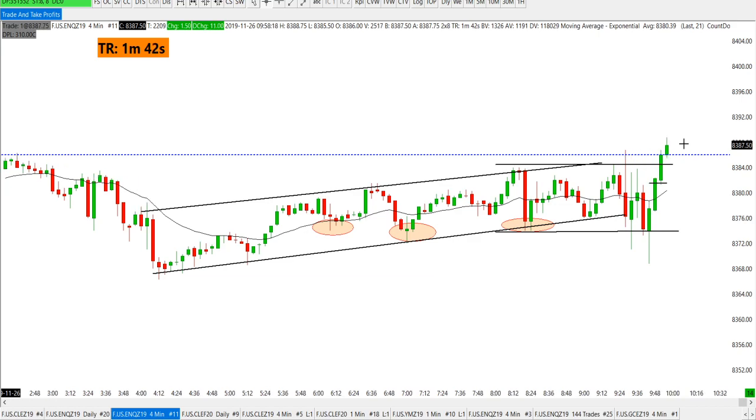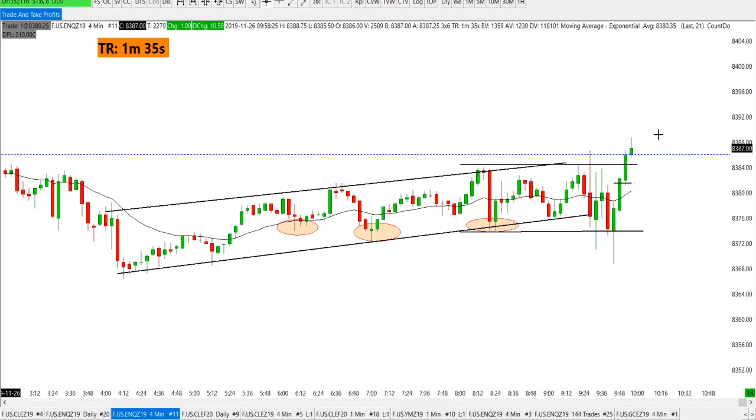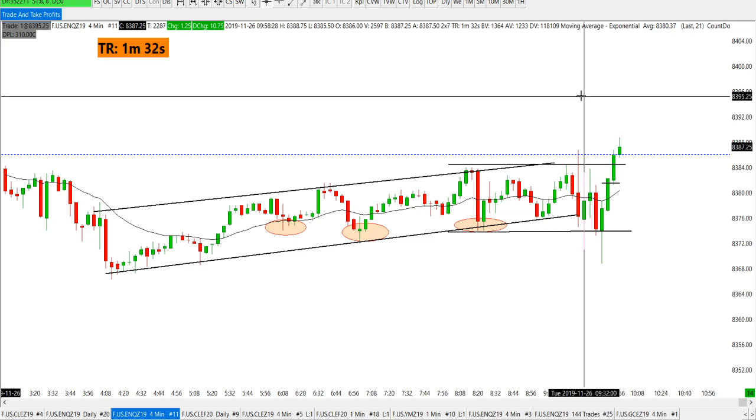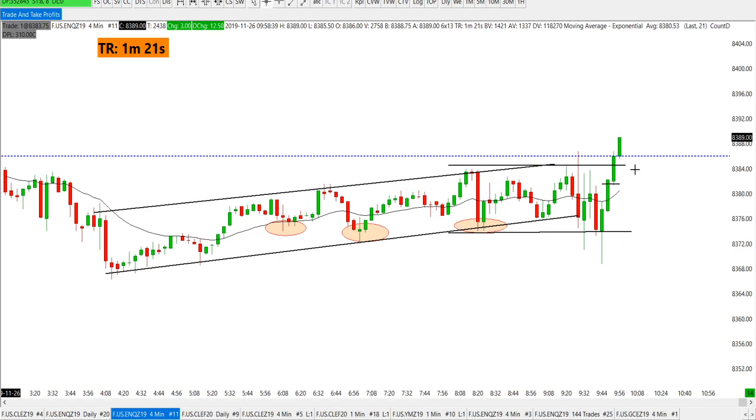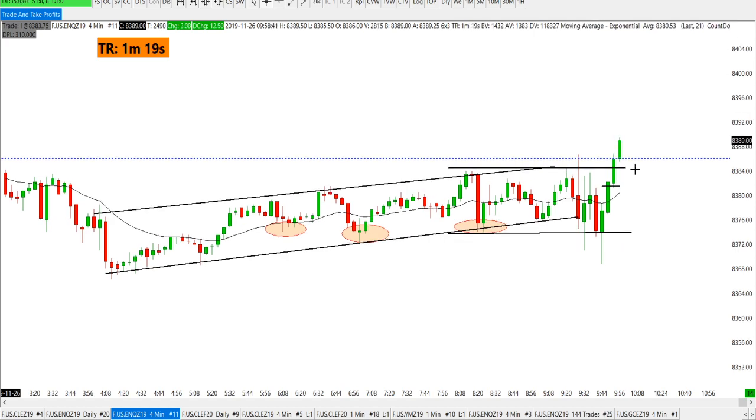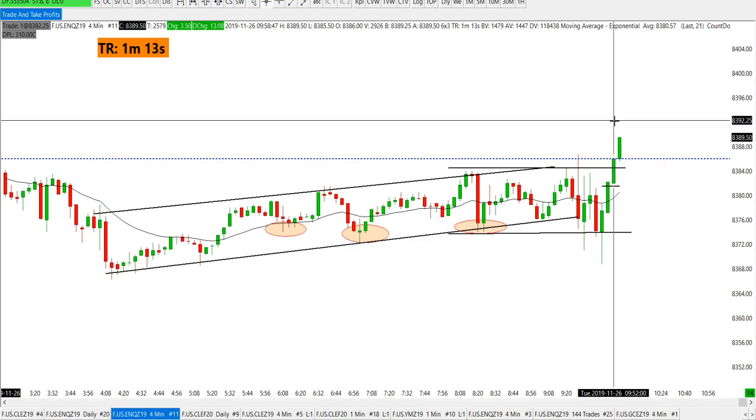So for me to short this right here doesn't make any sense. That tells me the real direction is to the upside. I wouldn't short this right here. If you go short, can this work? Yeah, but I'm looking at probabilities and high quality. Is this labeled as a high quality trade? Not the way I trade. No.